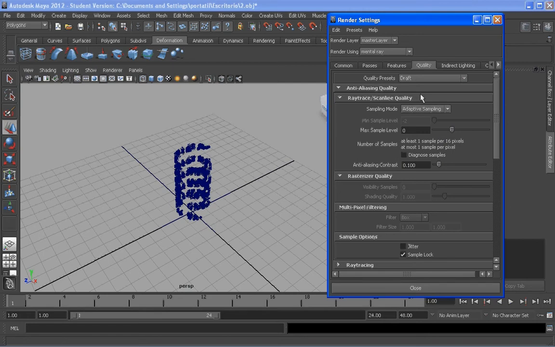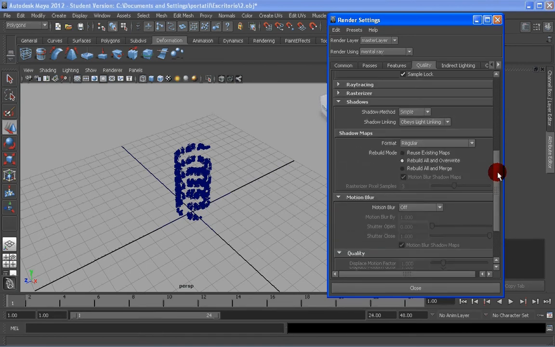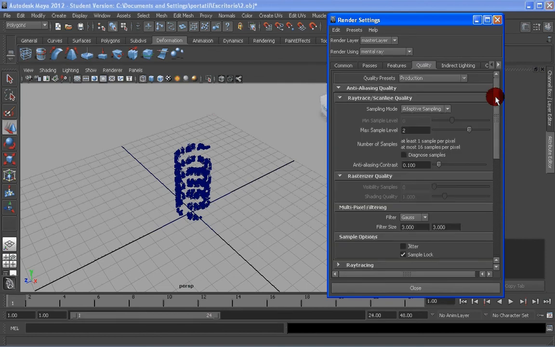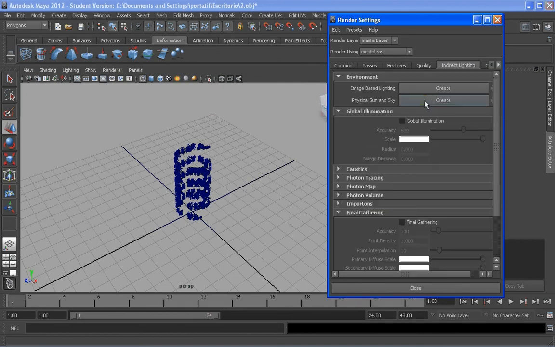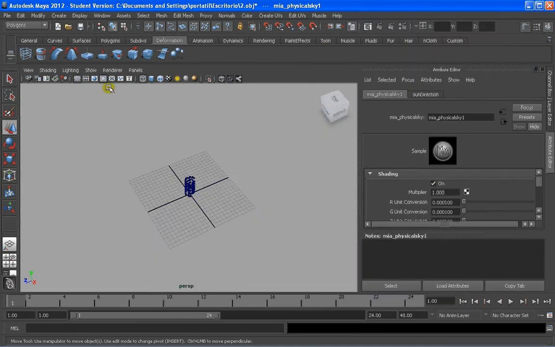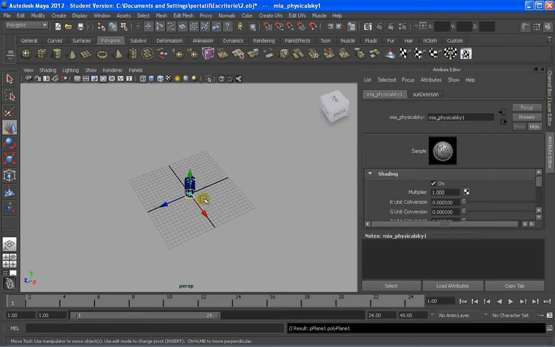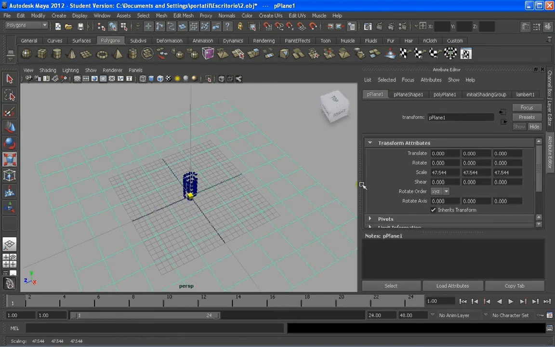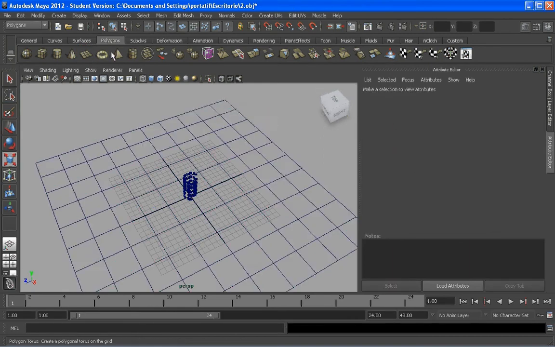We're going to set the presets to production, and indirect lighting, everything changed, as you know. And in indirect lighting, we create a physical sun sky. Okay, perfect. We're going to close this, and I'm going to create a plane in polygons, plane, and R, and scale it. There's going to be a floor, and